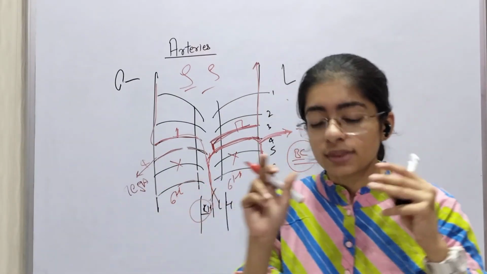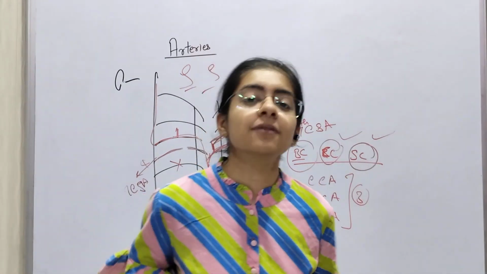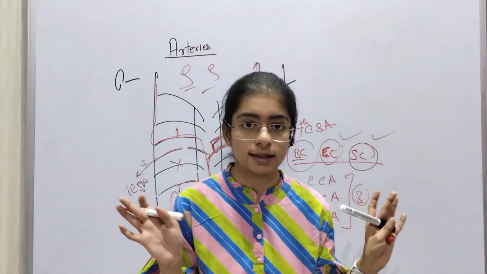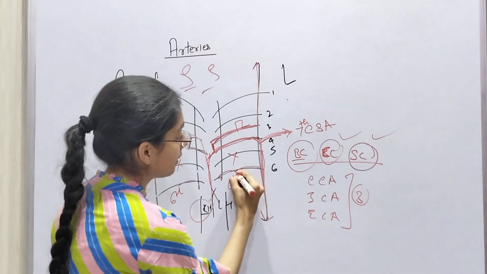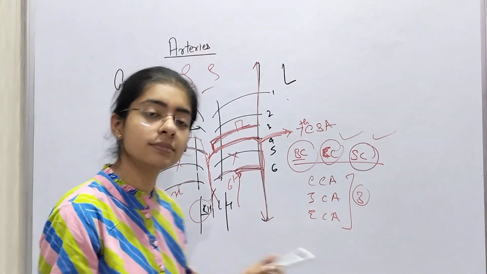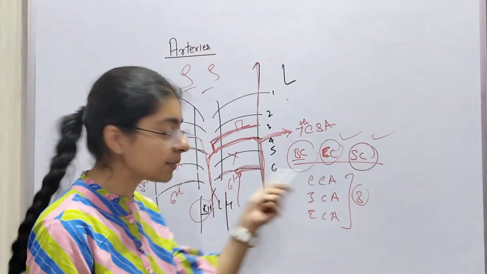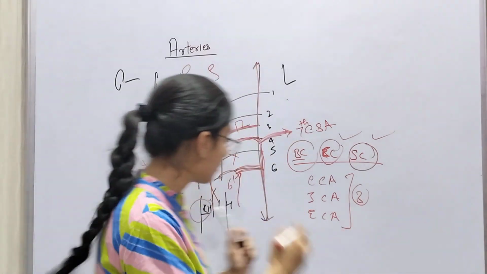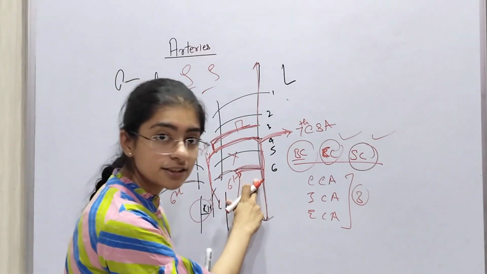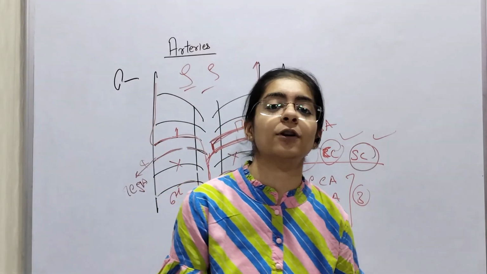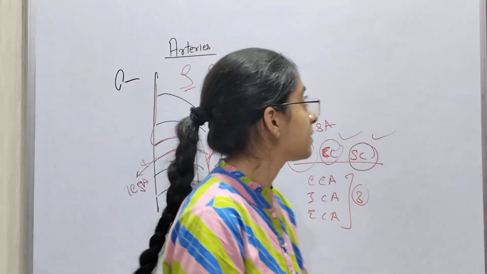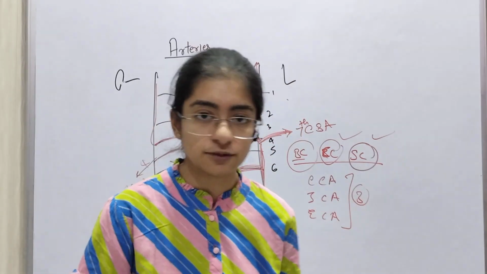Now in fetal life, we don't want to send the blood to the lungs. So from here we will do a shunting directly to the aorta. How will that be possible? What is left now here? This was the sixth pharyngeal arch. So the distal portion of the sixth pharyngeal arch artery will form the ductus arteriosus. So this is all about the development of the arterial system.